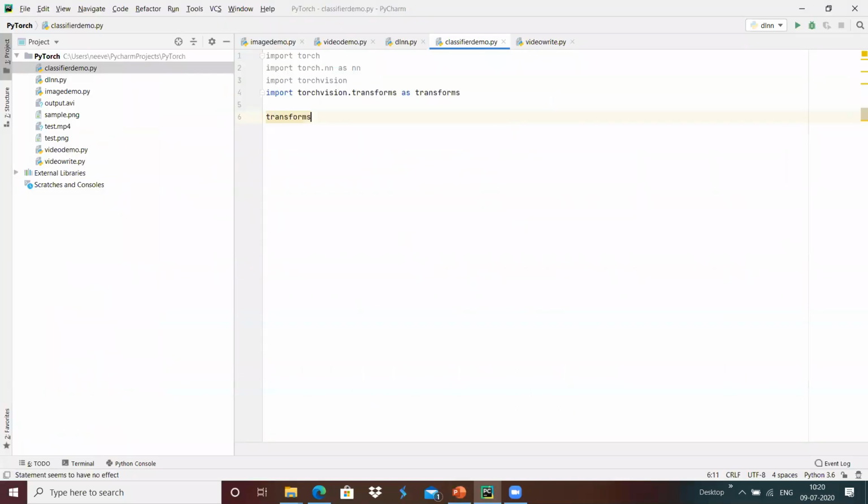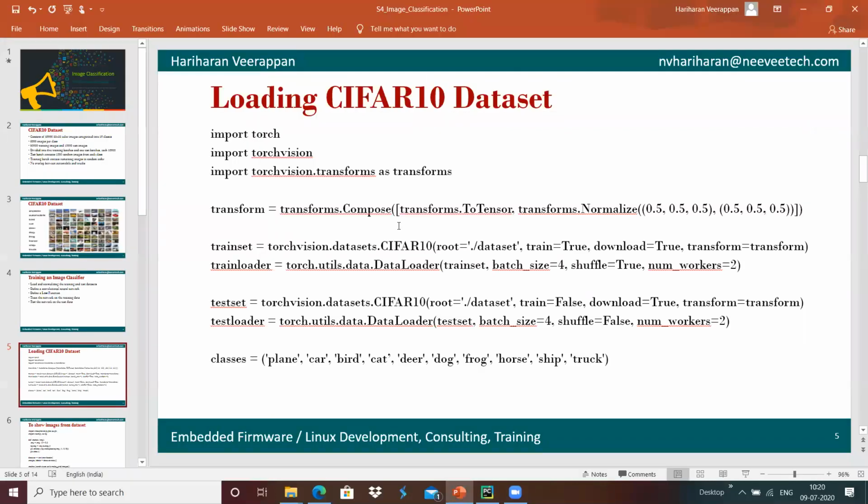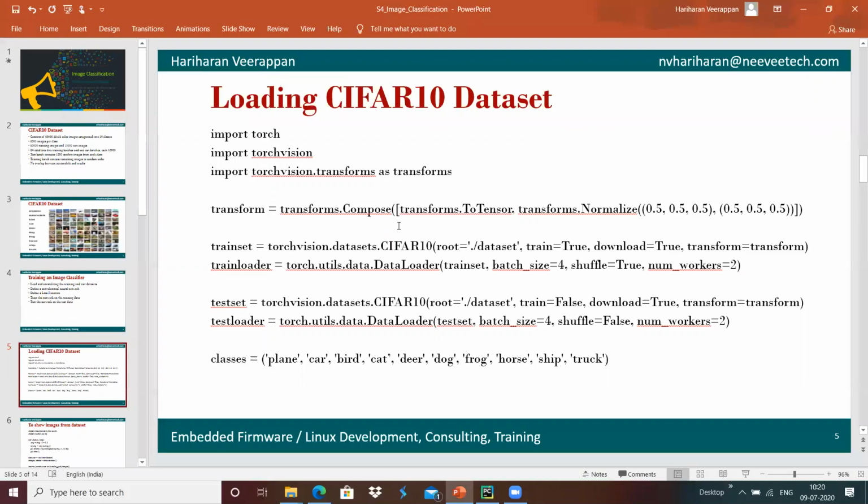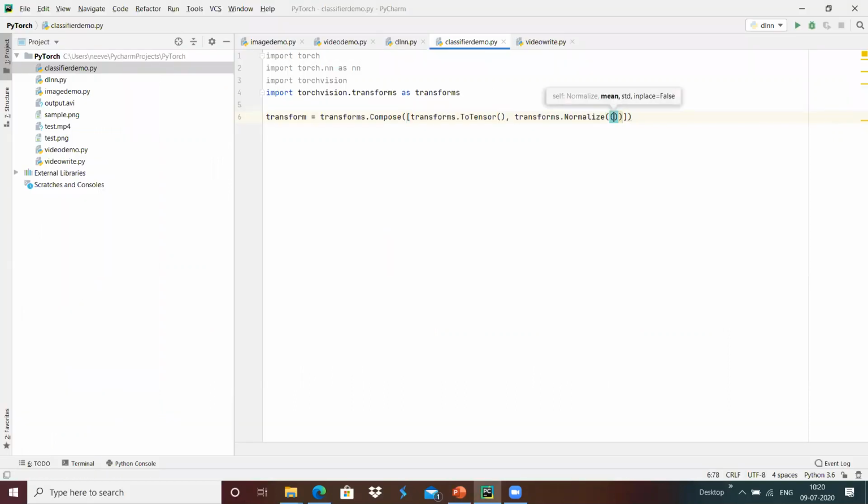Before that, I'm going to define transform equals transforms.Compose, and inside that I'm going to do transforms.ToTensor, and then normalizing the two-dimensional array with 0.5. Transforms.Normalize of 0.5, 0.5, 0.5, and then again 0.5, 0.5, 0.5 over here.